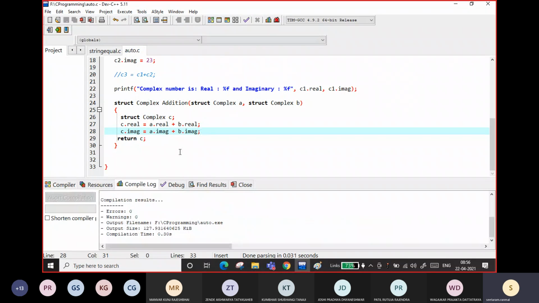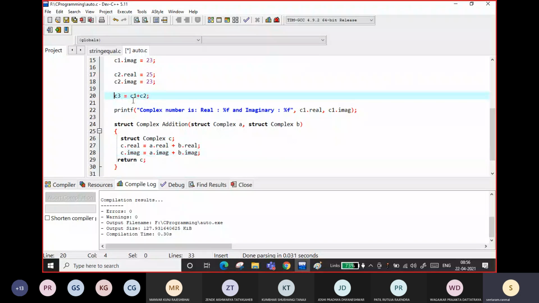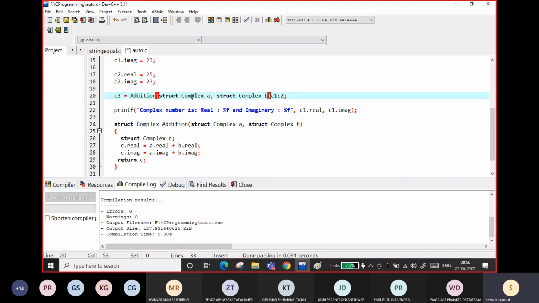Yes, no error. Now if I want to do this C3 equal to C1 plus C2, I can write addition of C1 comma C2.